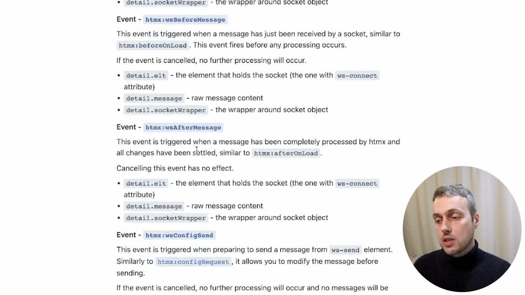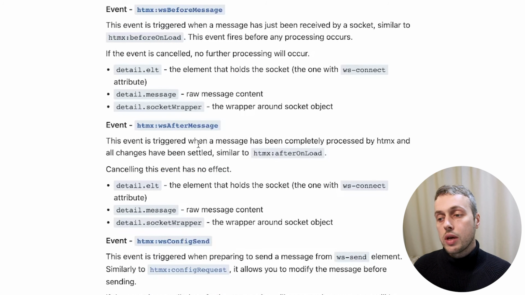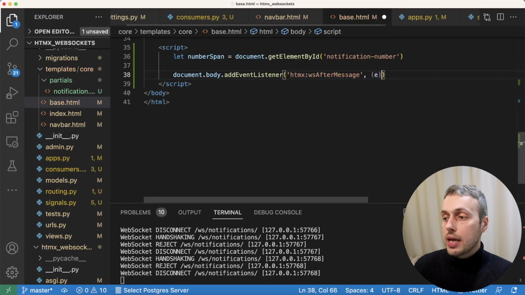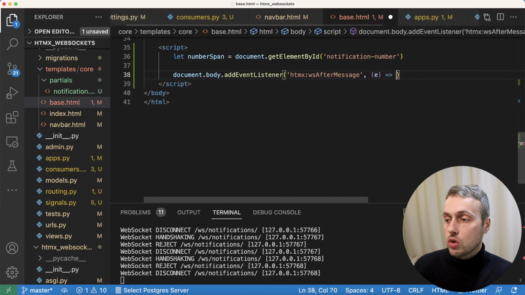Now one of the events is this one here, htmx:wsAfterMessage, and this event is triggered when a message has been completely processed by HTMX, and that's what we want to actually listen for in our document body. And then when we get that message, we can perform the action of updating the notification number. So let's go back to VS Code, and the event listener is going to take that particular event from the HTMX WebSocket plugin, and when we get the event, what we're going to do is call this callback function,